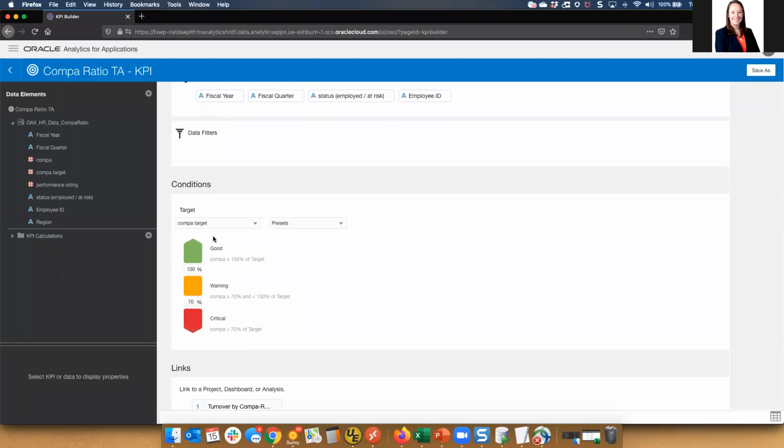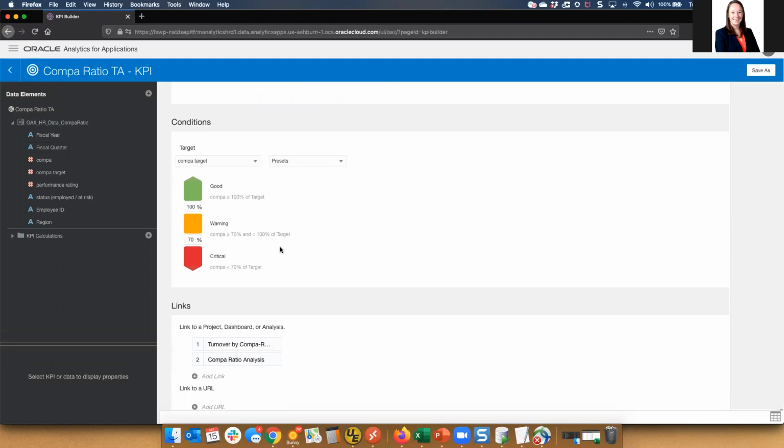And you can say is good, higher or lower, etc. These are all, you choose how they want to be set. And this is also where you add. So when we clicked on the